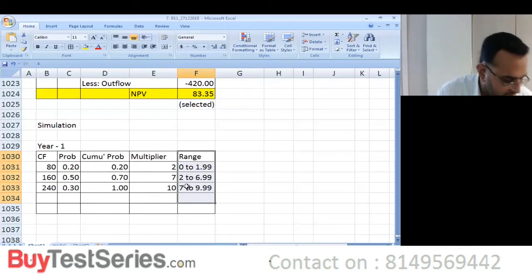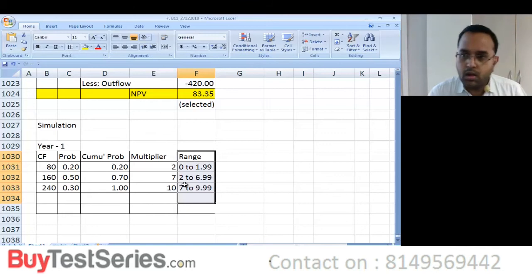For that, we need to see the random number table that's given below. The table has all single digit numbers. So what is the highest single digit number in this entire set? It is 9, right? The 5, 3, 8, 1, so on and so forth. The maximum possible number is 9. So plus 1, 10. You have to multiply all these things by 10.